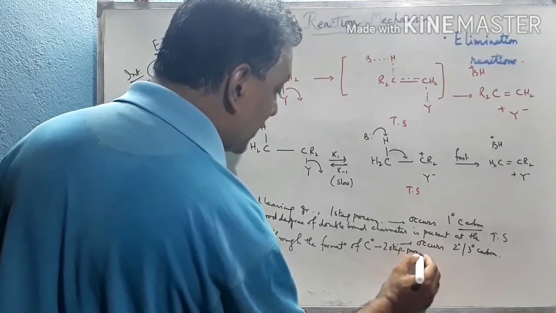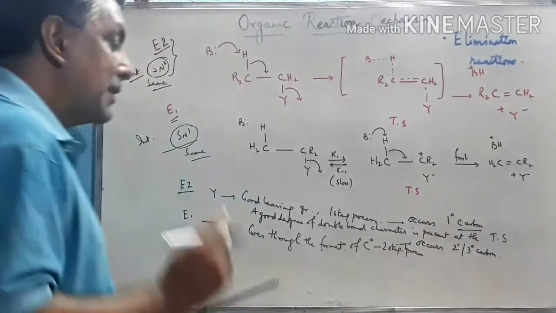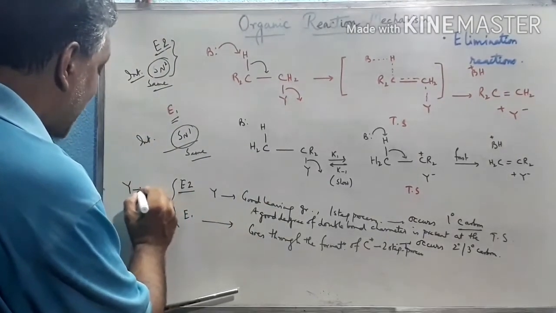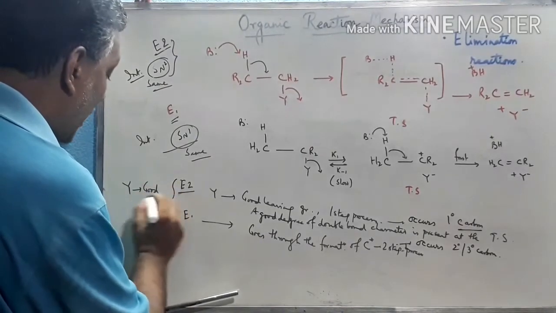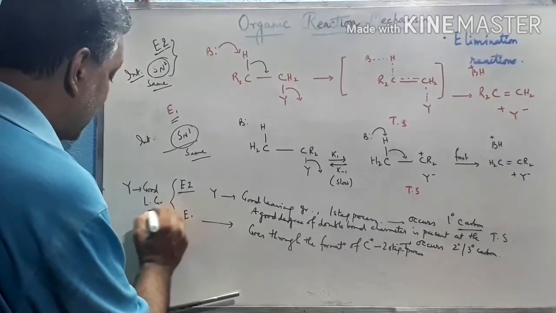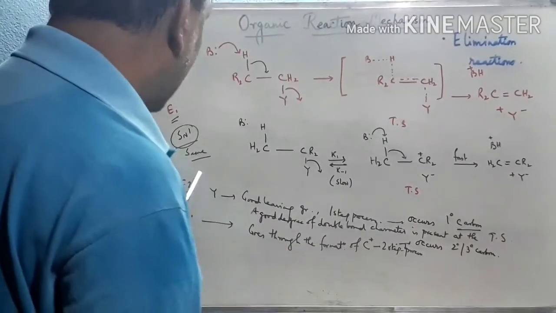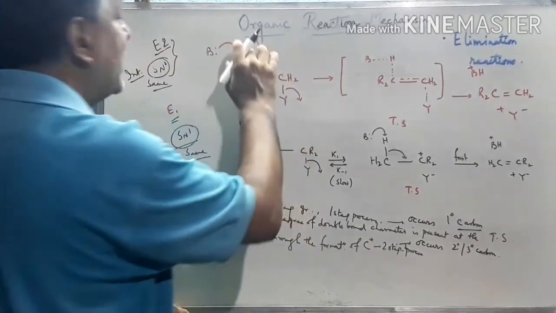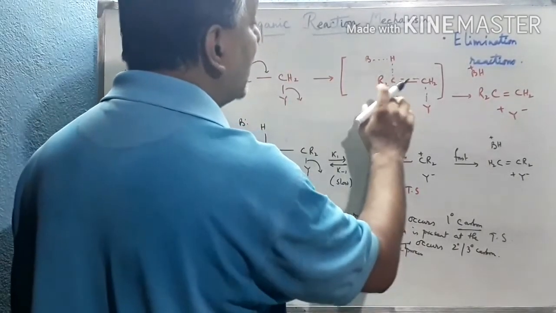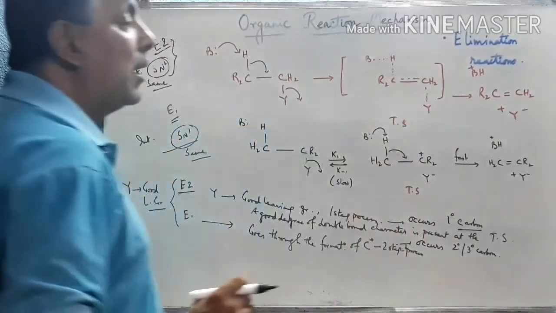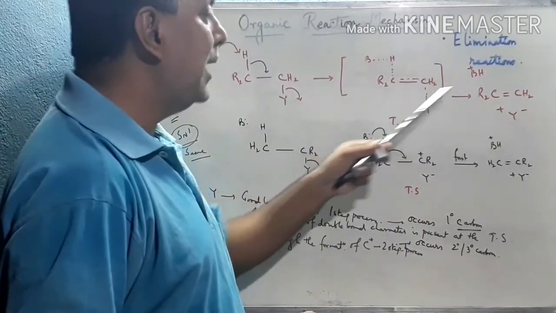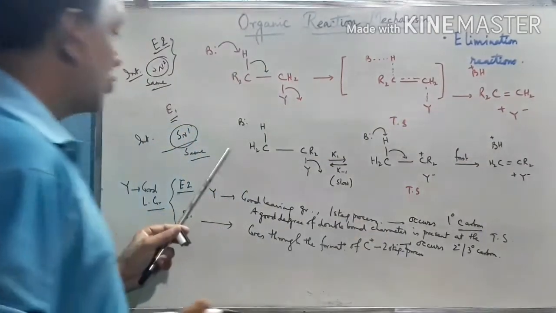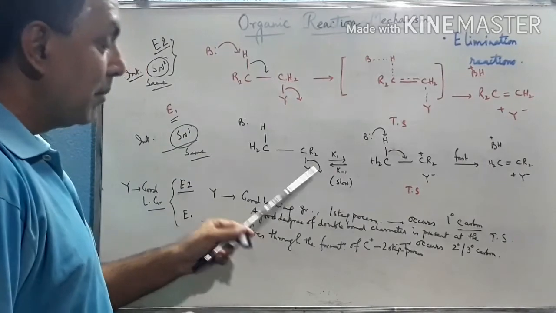But see this, in both cases this is the common part: the leaving group must be a good leaving group. So why, when there is a good leaving group, do only these two cases, E2 as well as E1, occur? A good leaving group readily dissociates when the base attacks this hydrogen plus, and that's why a good degree of double bond character occurs in the transition state. In E1, a good Y minus also dissociates at first because it is a good leaving group.